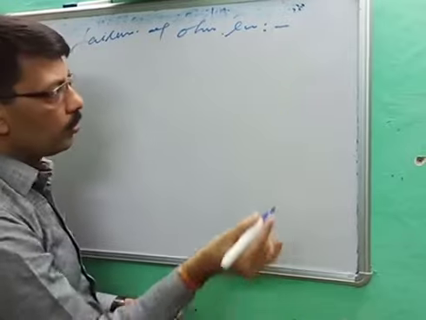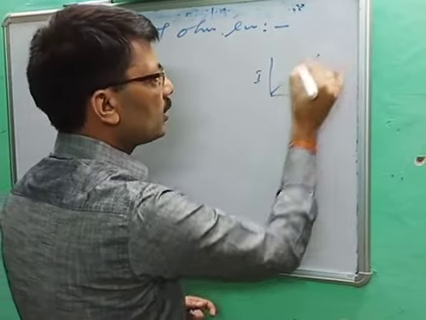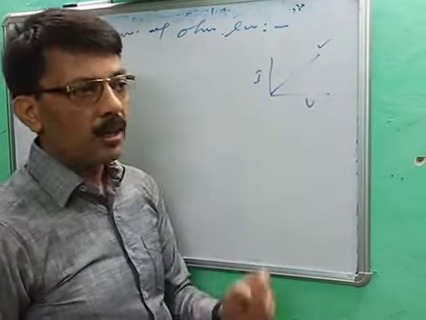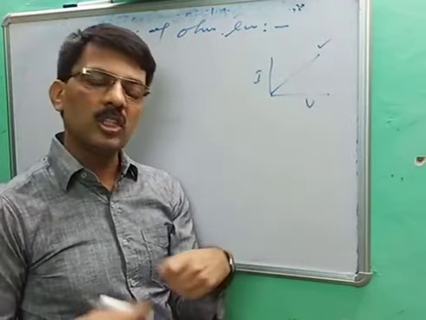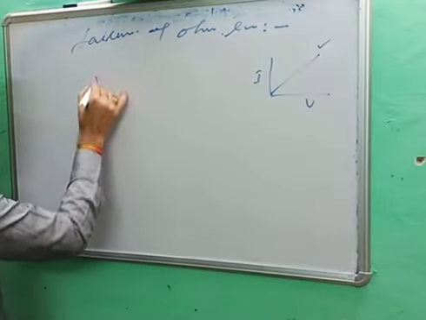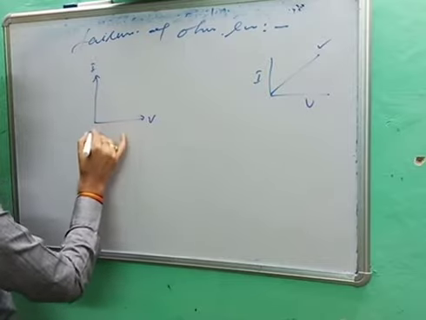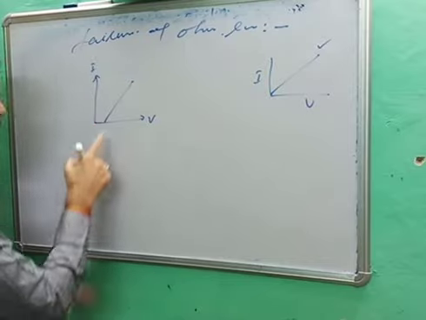No doubt you know that if you trace the graph between V and I and you are getting a straight line, this verifies Ohm's law. If you are not getting so, this is called failure. So there are two types of failure. Let's suppose you are getting a graph like this, V and I, and your graph is a straight line.